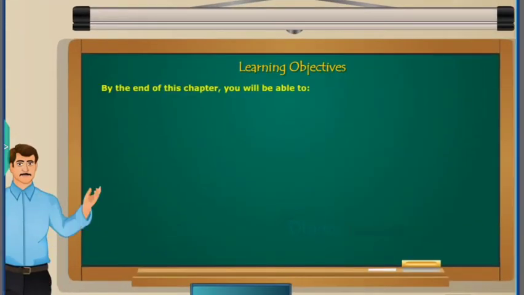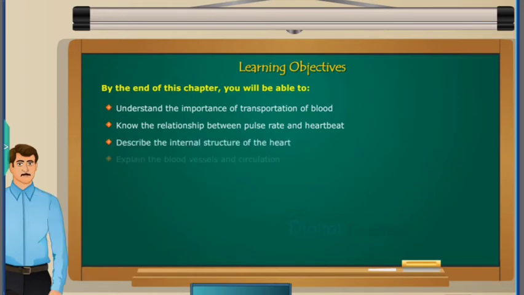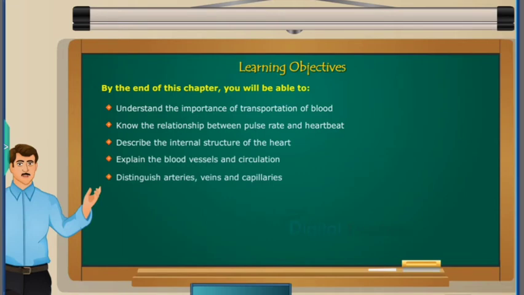By the end of this chapter, you will be able to understand the importance of transportation of blood, know the relationship between pulse rate and heartbeat, describe the internal structure of the heart, explain the blood vessels and circulation, distinguish arteries, veins and capillaries, illustrate the cardiac cycle,